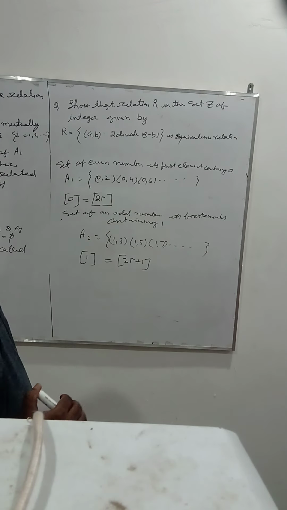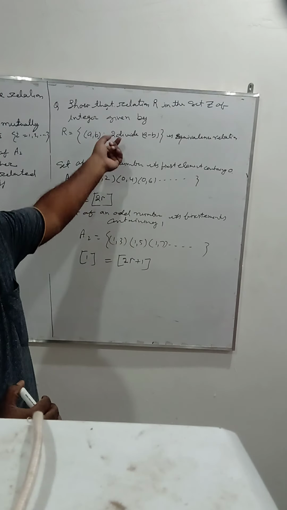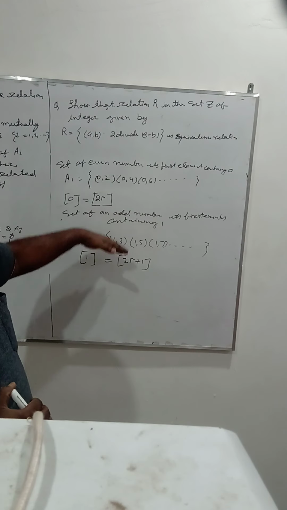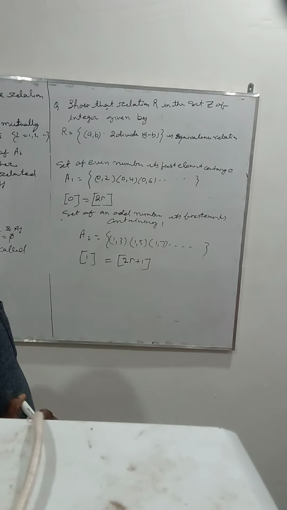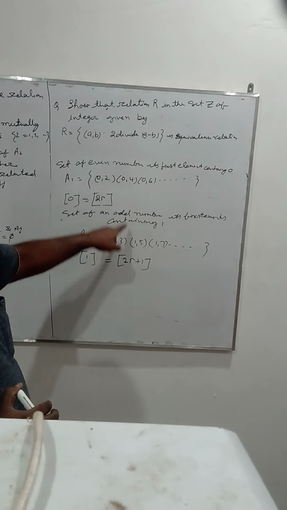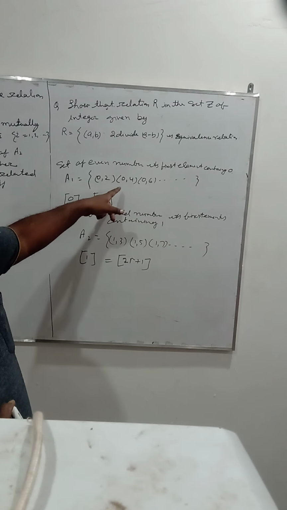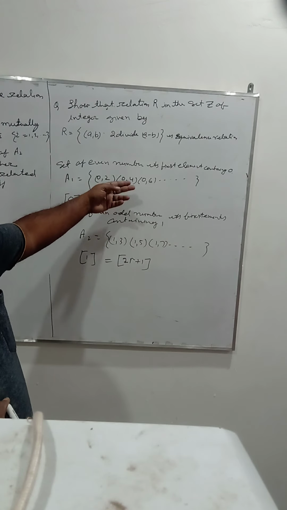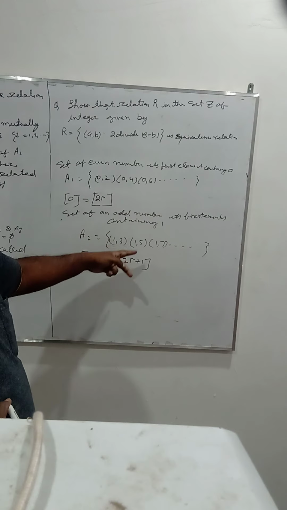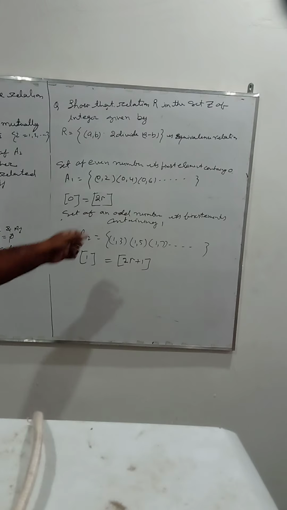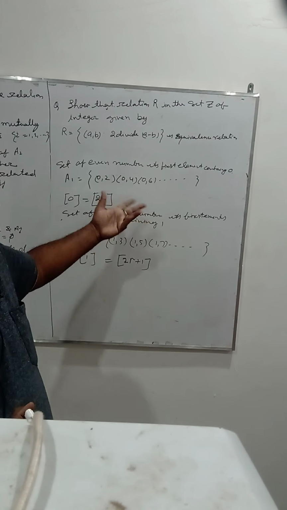Each and every element is related to each other, following the given relation R, in this set and in this set also. Both are subsets of the given set. But no element of one is related to an element of the other. If we find the intersection of these two sets, we will get phi, meaning there is no element common between this set and this set.